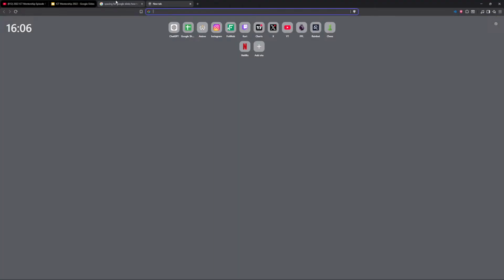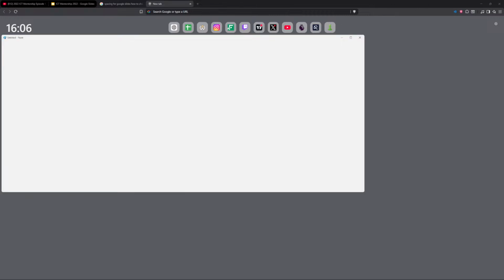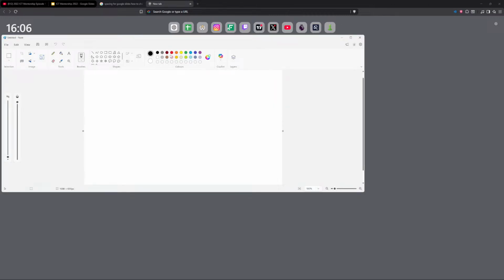And Paint would be a good option. So essentially, with the brush, okay, I think I have it selected. Let's say you have a bullish candle here, a bullish candle here, and then